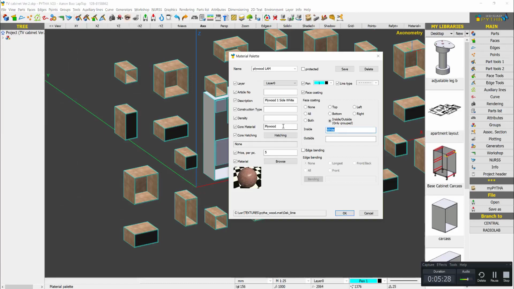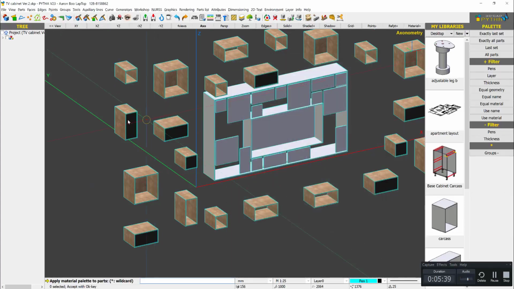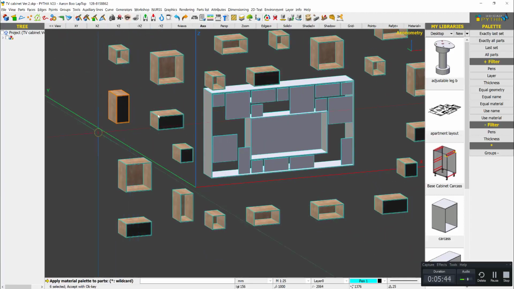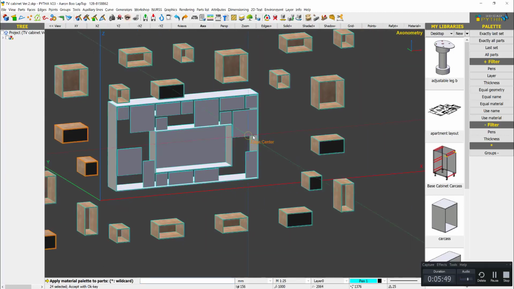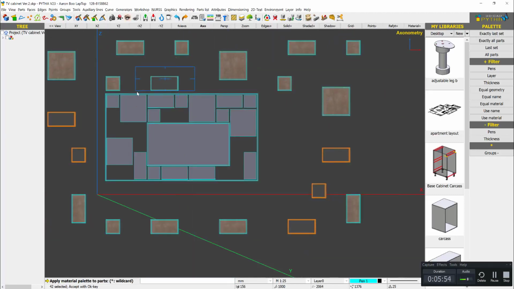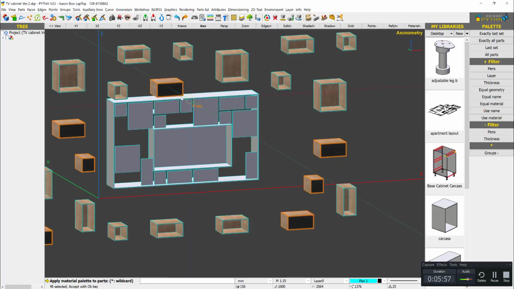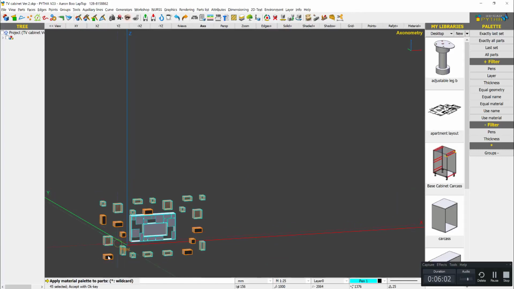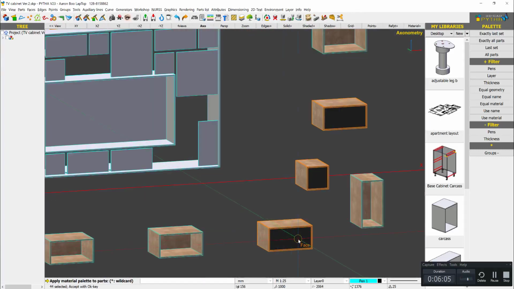And I'm going to say the inside is going to be laminate, and the outside is just going to be empty. So I press OK, and this time I'm just going to select the cabinet. Once I'm done with this, I'm just going to select over here. But what I'm going to do next is unselect the glass so that the glass doesn't change,